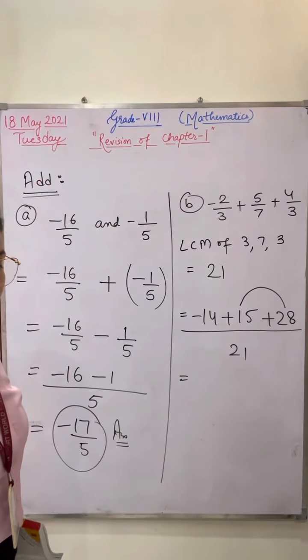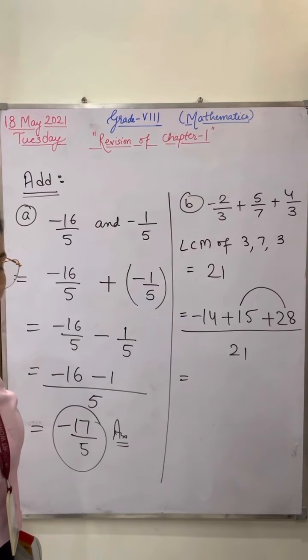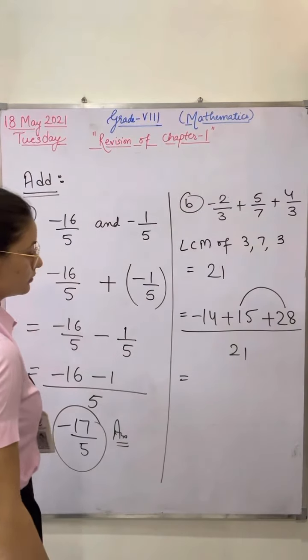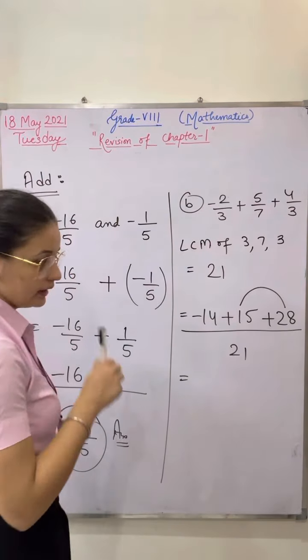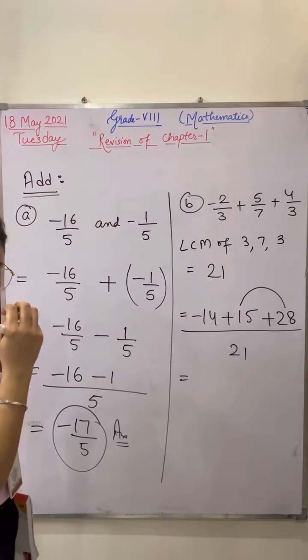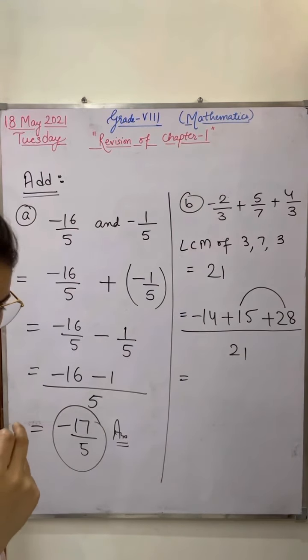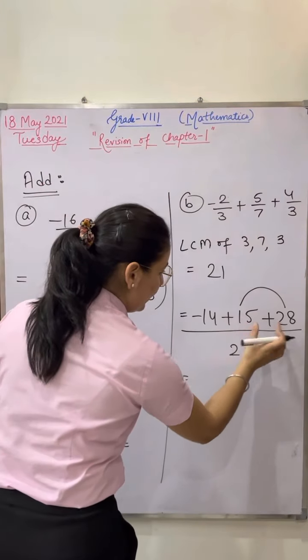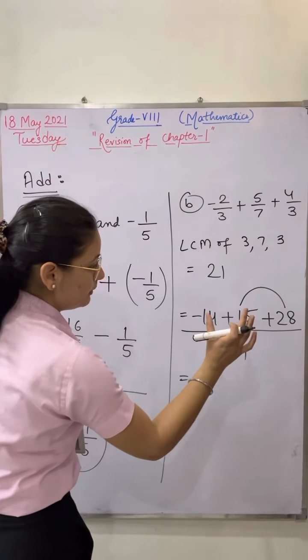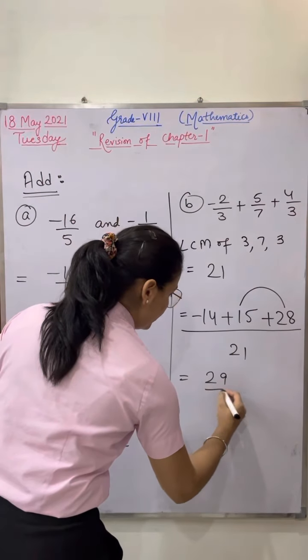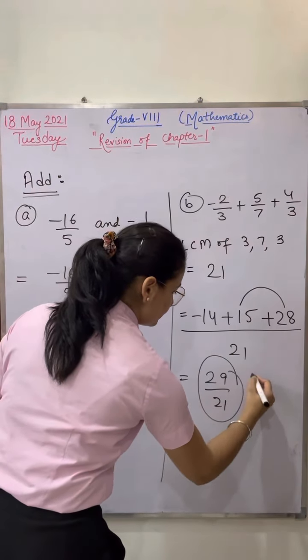Quickly. Everyone, do it. I'm reading your answers. Rakshit, correct. Tell me the answer. Ankit? Ma'am, telling. Yes, everyone. Anshuman, no. Your answer is wrong. Ma'am, 29 upon 21. Very good. When you will add these two, whatever the answer will be there, from that subtract minus 14, okay? 29 upon 21 is the answer.